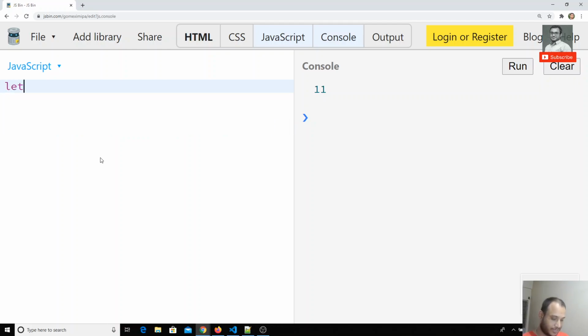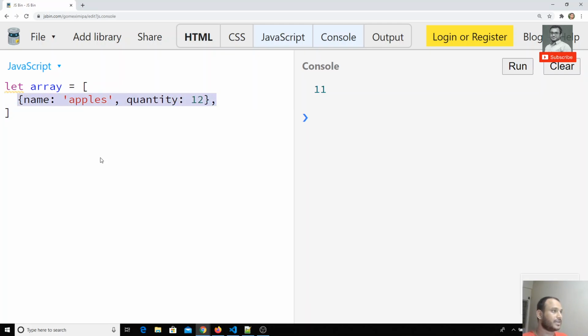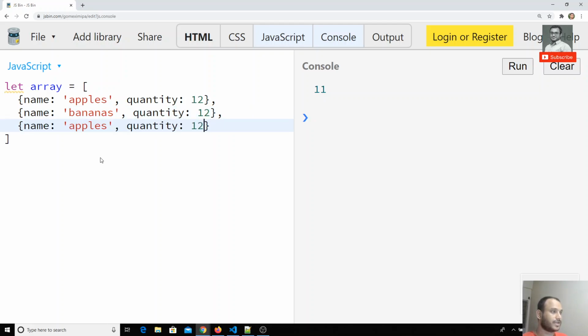I will take let array is equal to, and write name is equal to apples, and quantity is equal to 12 or something like this. I will copy this entire thing and write bananas here, and copy again and write oranges. Now I have an array of objects.